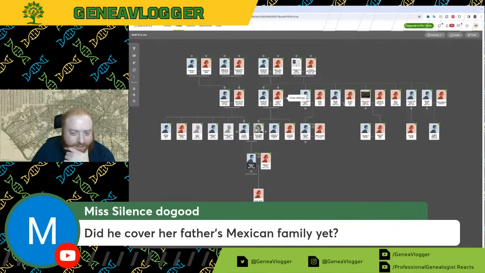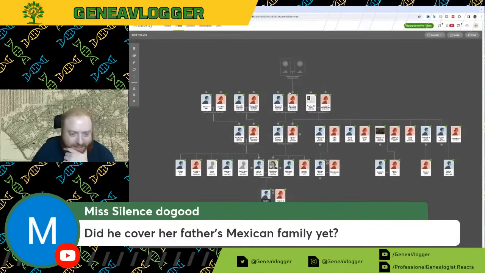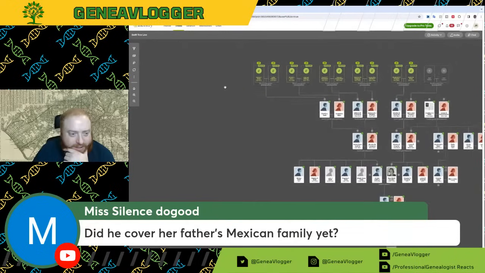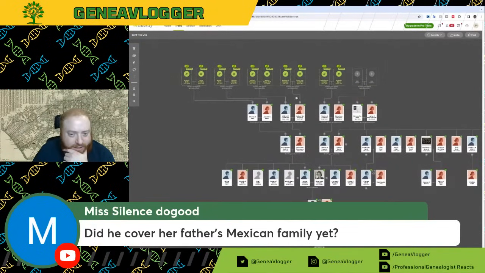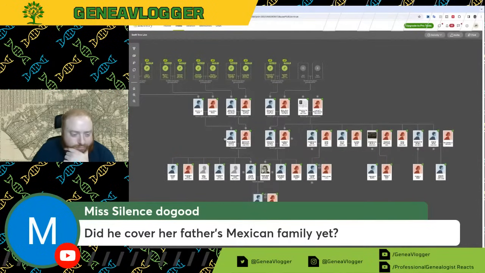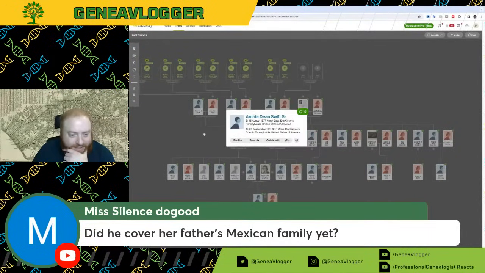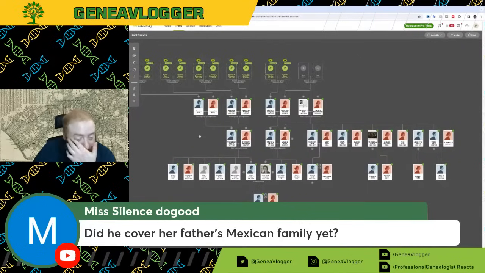I didn't notice anything indicating possible Mexican ancestry, but let's see what the hints are for. I mean, nothing. I'd have to take a deeper look. It's not readily apparent, but interesting.